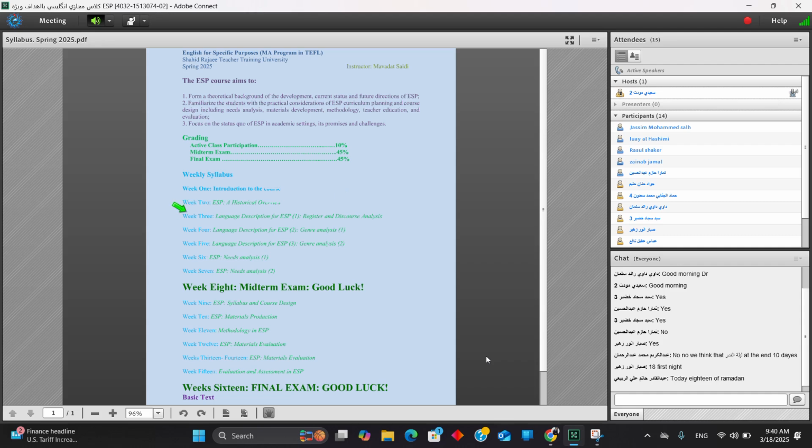In order to make it easier for you to handle studying different parts of the syllabus, we will have a midterm exam if your classes become face-to-face after Ramadan. And then we have a final exam which would be at the end of the course. The midterm exam would be 45% of your score, and the final exam would be 45% of your score. Totally, we will come to 100, and it is divided by 5. Then it becomes a score out of 20, which is the criterion for us, and above 14 means you passed the course.